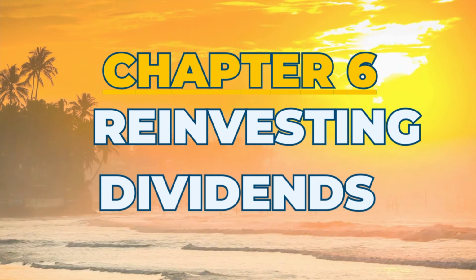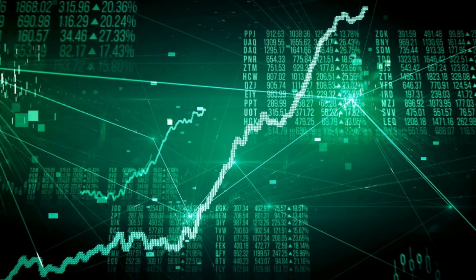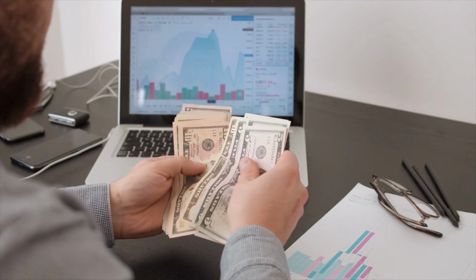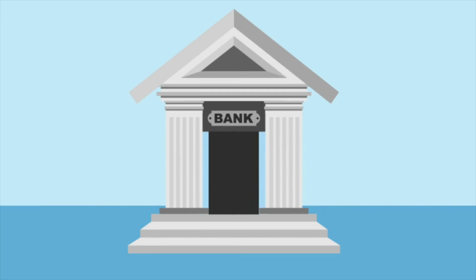Reinvesting your dividends. If you really want to see higher returns in the long run and retire earlier, invest your dividends back in your portfolio and don't take them as cash. On your screen, you'll see the power of reinvesting your dividends, and you could really accelerate your returns way faster than if you took the free money of that dividend. And you'll always have to pay taxes on that dividend unless you have it in the proper investing account.